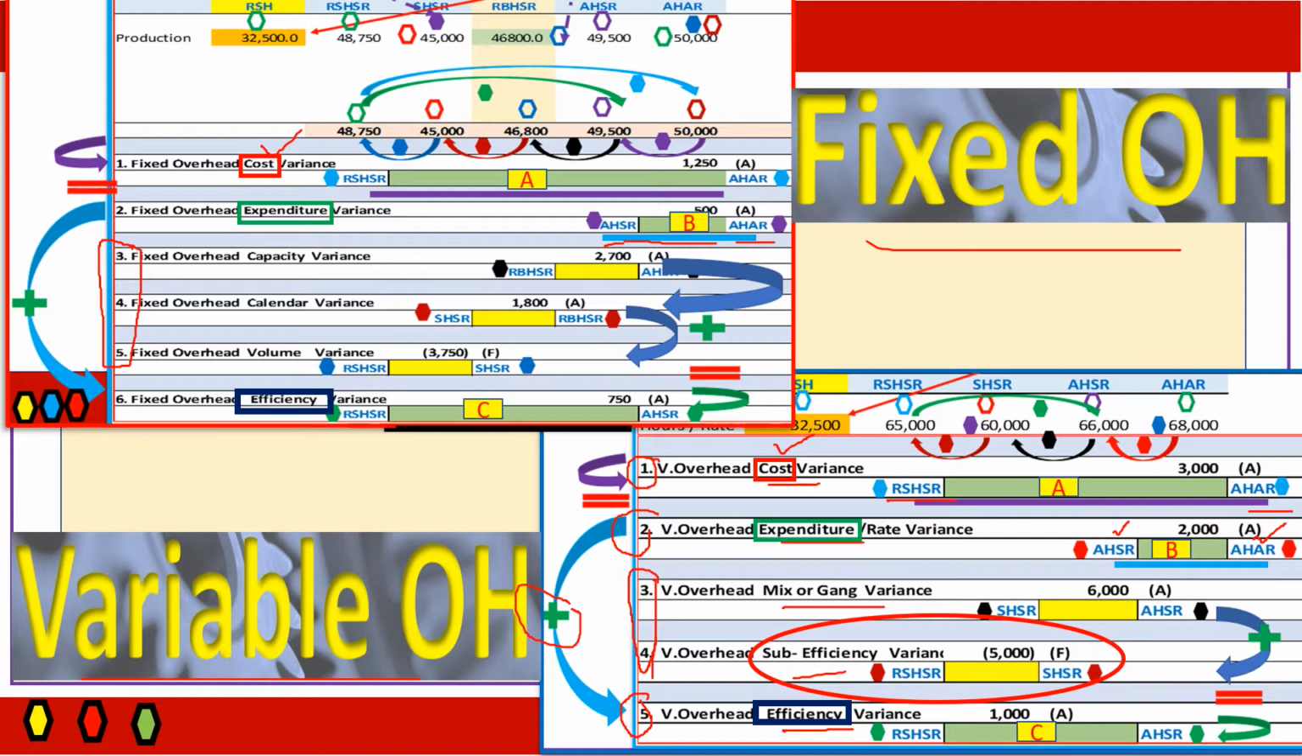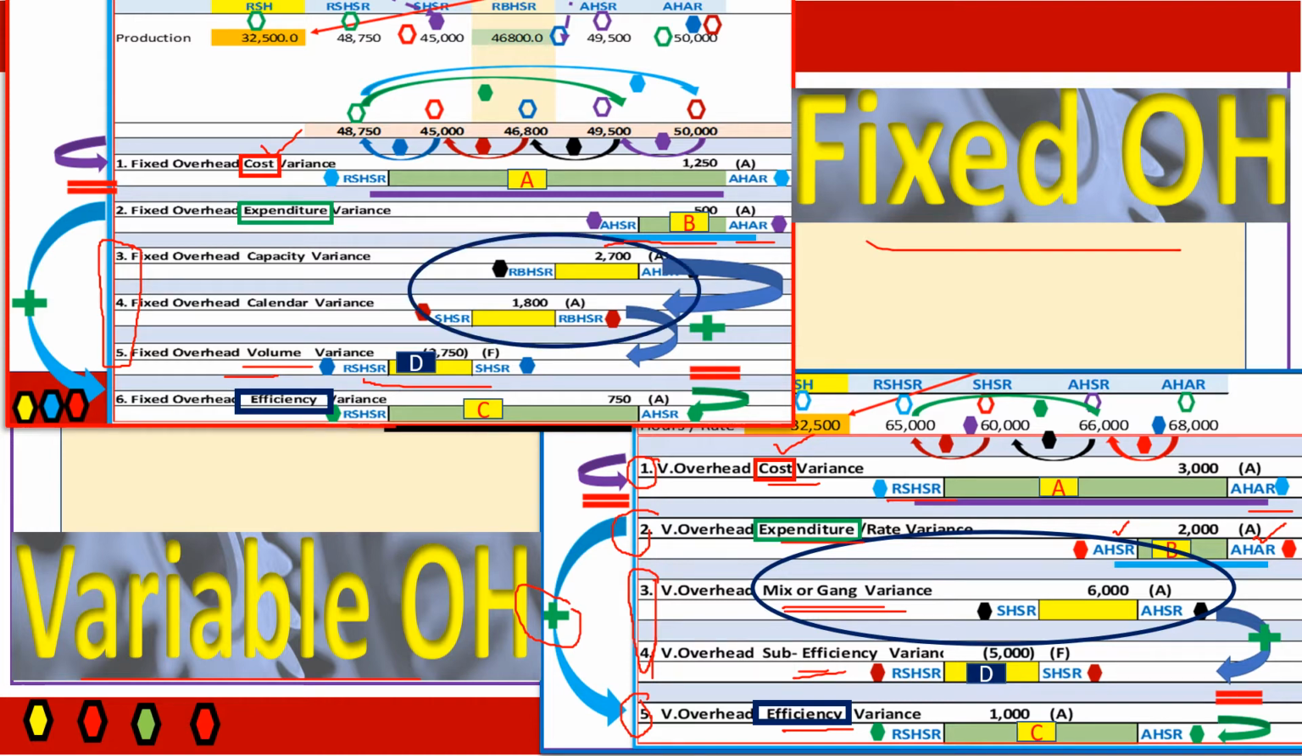subcomponents of efficiency variance. Here we had the fourth one as sub-efficiency variance. In case of fixed overheads, it is called volume variance. This difference we have to take note of. But what about the formula? The formula is the same: RSH-SR and SH-SR. Therefore, even this fourth one, except for the name, from sub-efficiency to volume, the working is the same. In that case, what we are saying is there is a difference between fixed and variable overheads in respect